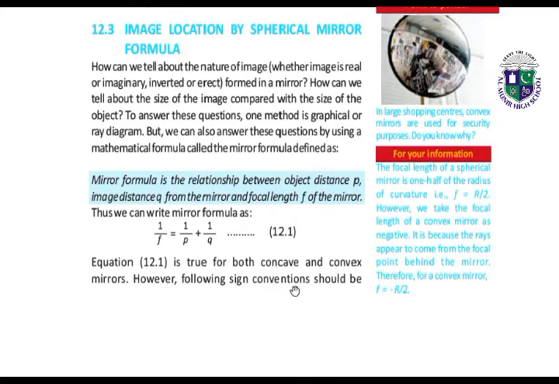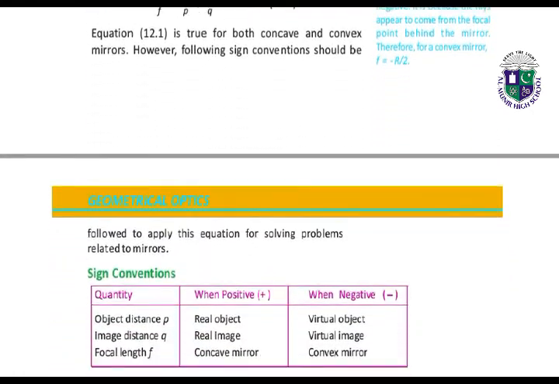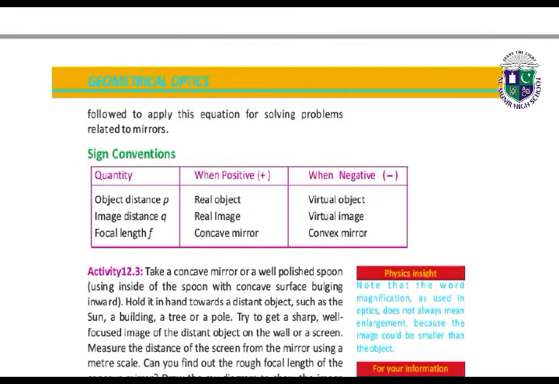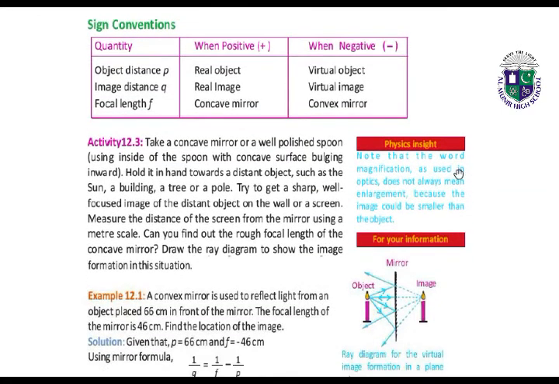However, the following sign conventions should be followed to apply this equation for solving problems related to mirrors. So whenever we want to find the distance of the object, distance of the image and the focal length, we can use these formulas. Sign conventions: